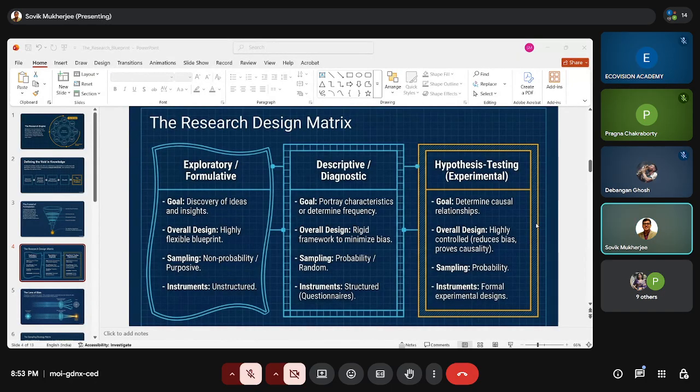Another thing, let me point out here. When we write objectives, we always start with a "to." Is it clear? When we write objectives, we always start with a "to": to examine, to analyze, to determine, to identify, something like that. We always start with a "to." Is it clear? Am I making sense? Is it clear? Yes, sir.